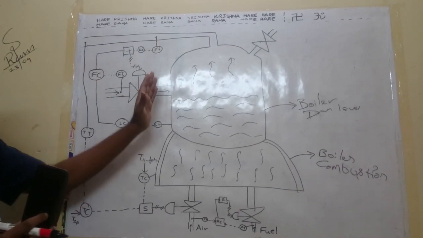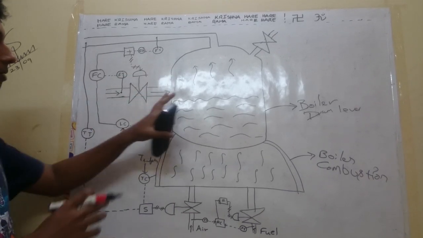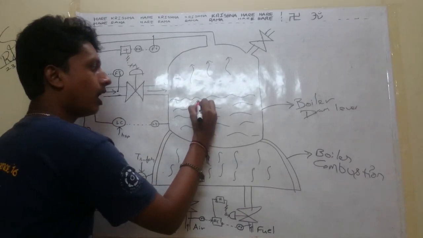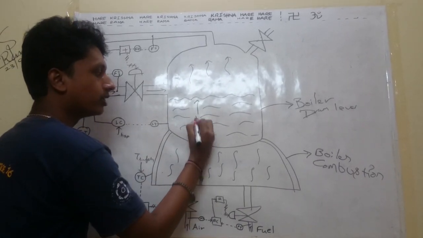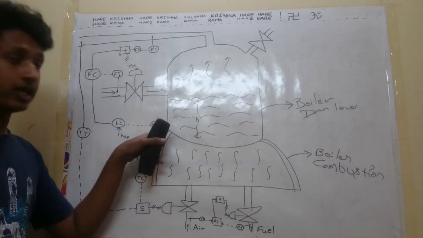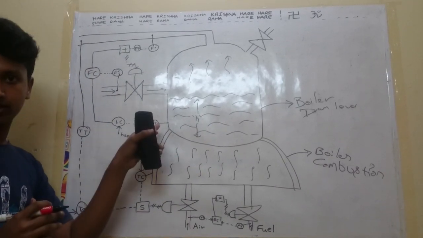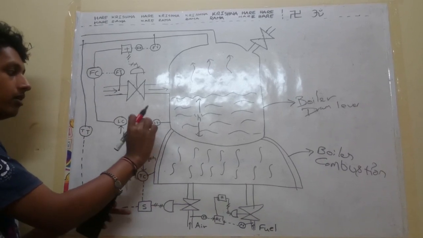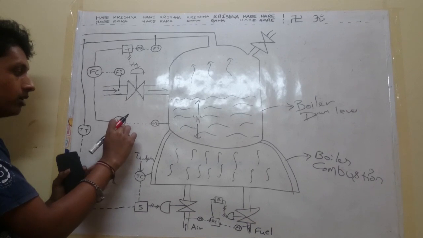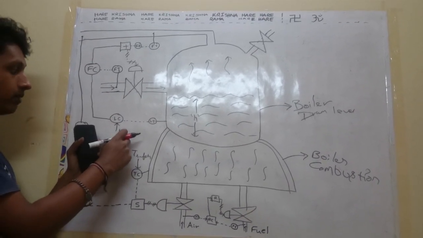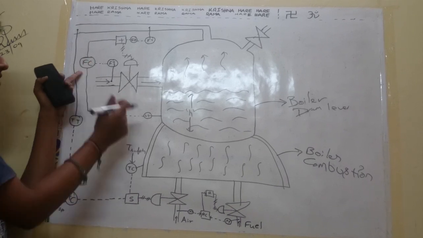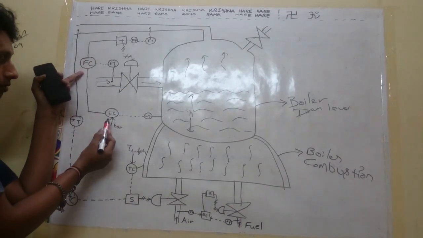Okay. First of all, I will explain how it is working. What is the main control objective? I have told, the height. Height was the main control objective. So, for controlling the height, the level transmitter will measure the height of the level of the water and send the measured level to the level controller, and according to our set point, it will analyze and give the signal to the flow controller, which is nothing but the